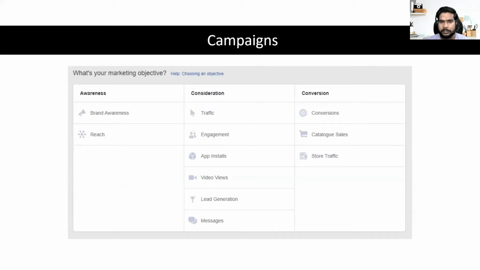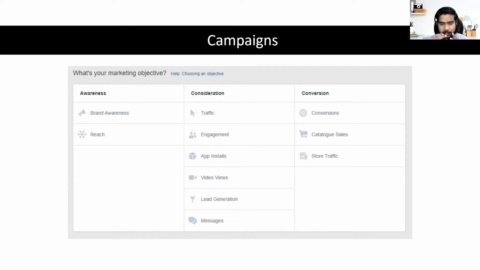So these are campaigns. Basically, there's something called a marketing goal. Whenever you are running a campaign, it means you are running some marketing promotion. That is called one campaign. Like you are running a promotion for this webinar, it's called one campaign. You are running a promotion for a Diwali offer, that's one campaign. So one particular marketing promotion is called a campaign, right? So in Facebook there are lots of campaign types available.